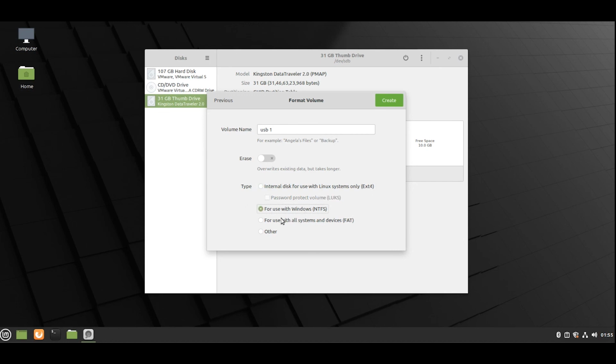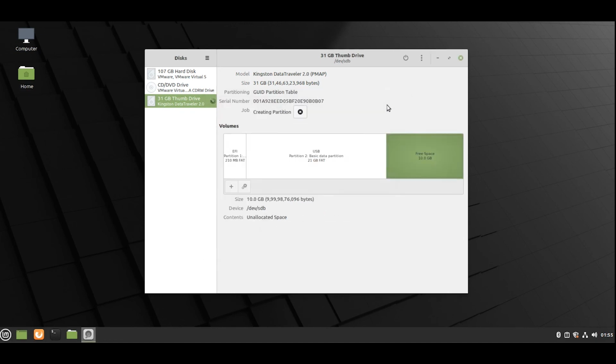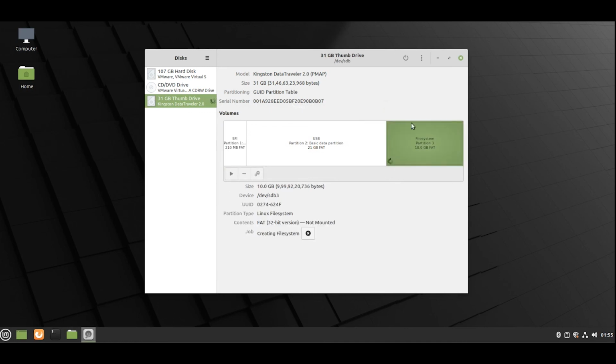So I will select it as FAT partition and then click on create. So now you can see that the partition of USB 1 has been created.